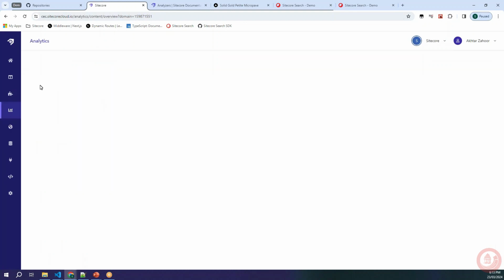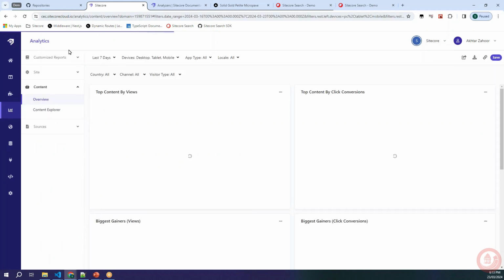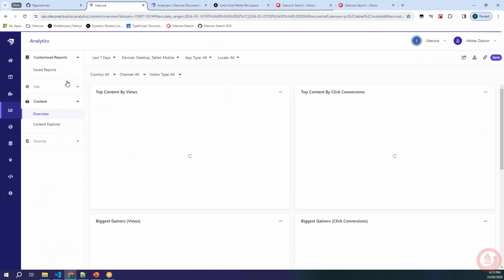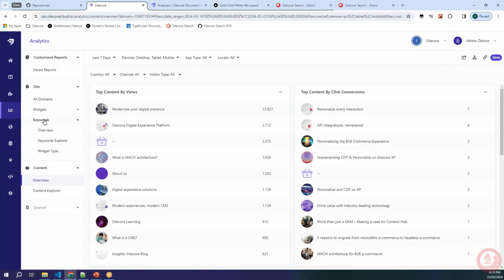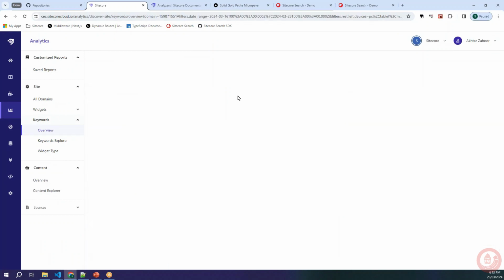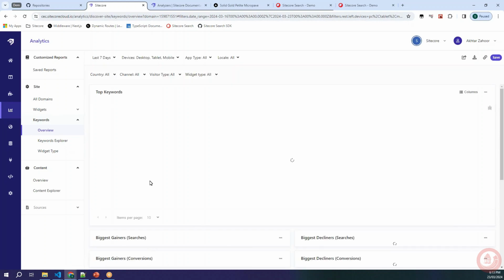If you are not a developer, and if you're just a marketing person, for instance, these analytics will make a lot of sense for you. And the most important one is the keywords here, and this gives you the ability to look into what people are searching for. If I go into the details of it, my favorite one is the null keyword search. Null results. It's taking a bit of time. It's obviously a bit slow, but once it comes up,